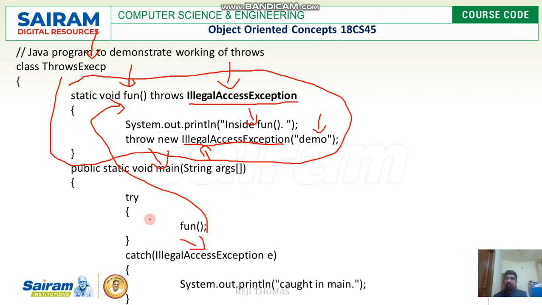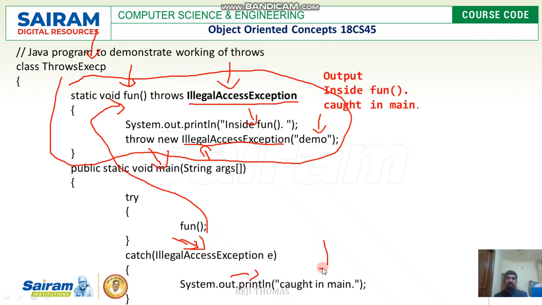Now the calling function, the main method, can take certain precautions, or can have a catch which is going to catch this exception. So I wrote illegal access exception in my main method, and I'm going to print the statement "caught in main method".